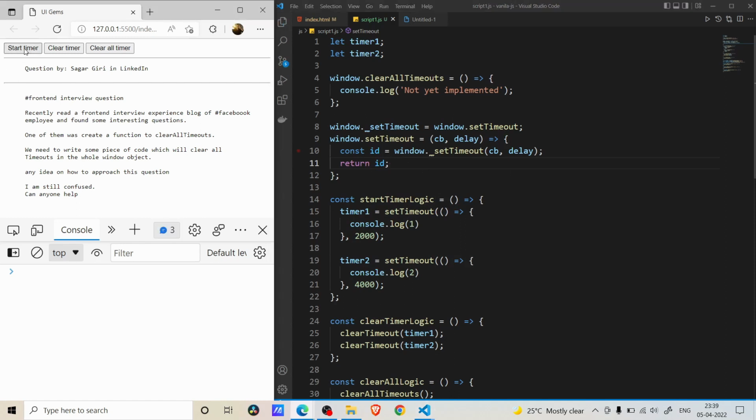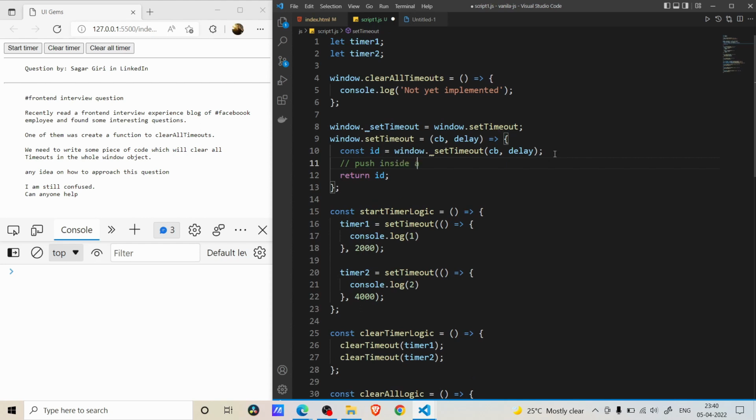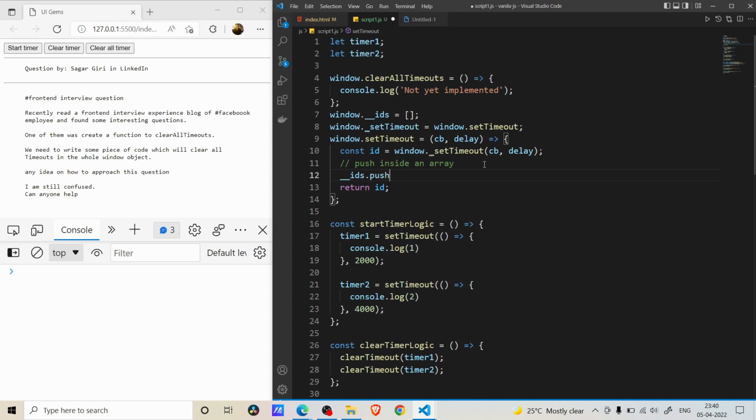Now if I start this, it is going to console 1, and then if I clear, it is not going to console 2. So now we have this ID. So before returning, what we can do, we can push it inside an array, and we can use that same array to clear all timeouts, right? So what I'll do, I'll just create window.__IDs equal to an empty array, right? So I'm going to add a new property in the global object, and also I'm going to push the ID. Okay,